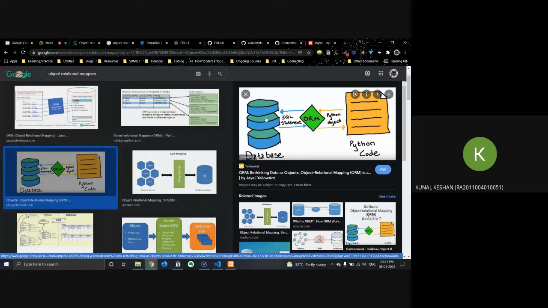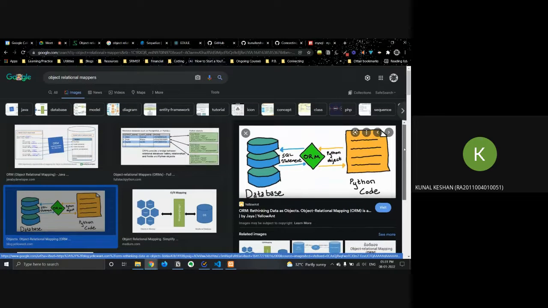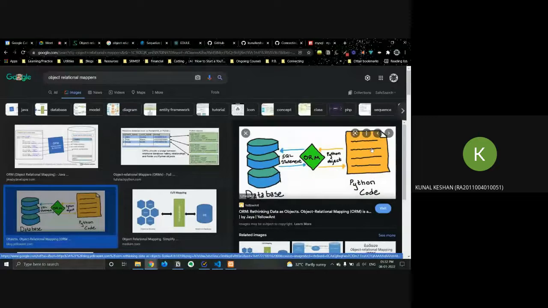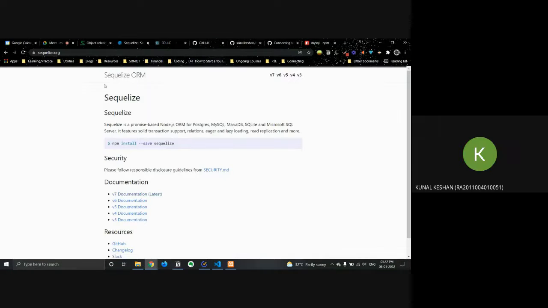It will run the query that it converted and get us the result. The result will be in the form of SQL, right? So the ORM will take that SQL result and return it back to us in the form of an object, so it's easier for us to write code and interact with our database with JavaScript itself, right? Okay. So in our project, we'll be using the Sequelize ORM.